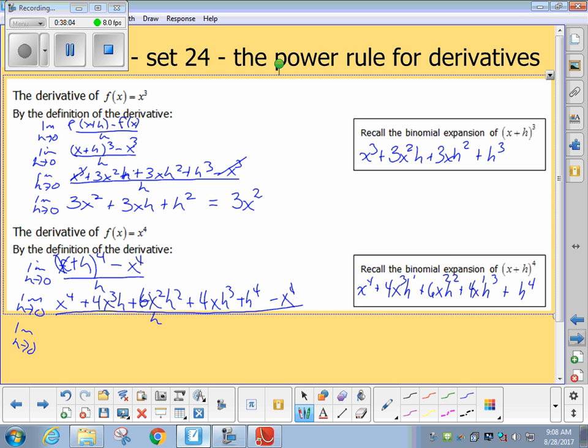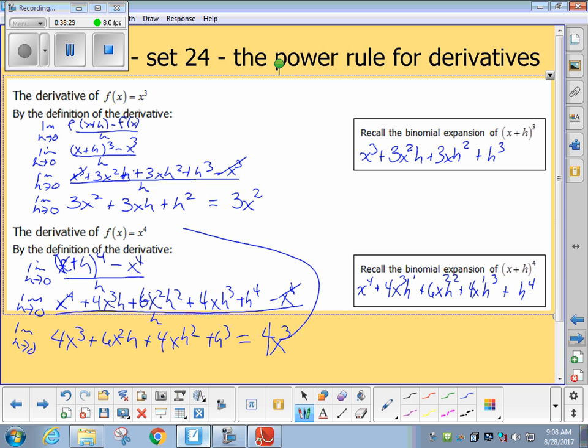They subtract away. What happens to the h's? Everything with an h is reduced by one h. So, 4x cubed plus 6x squared h plus 4x h squared plus h cubed. As the limit of h goes to 0, this approaches just 4x